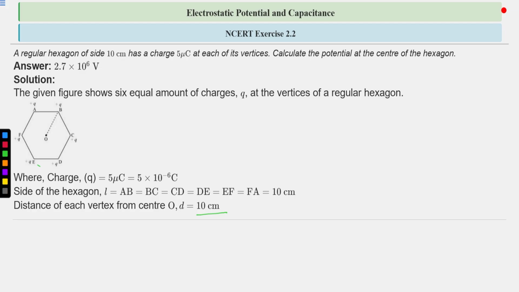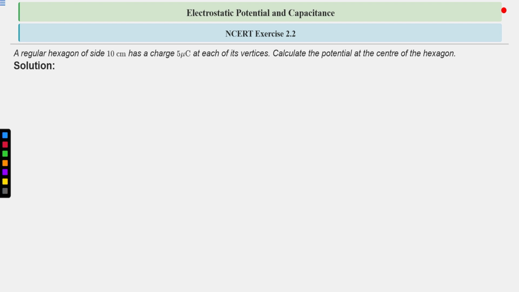If one side subtends an angle at the center of the hexagon, then it will be a 60 degree angle, and this is an equilateral triangle. So this side is 10 centimeter and this side, the distance from the vertex to the center, is also 10 centimeter. So again this diagram, electric potential at point O